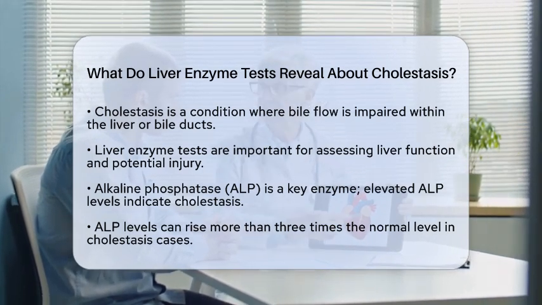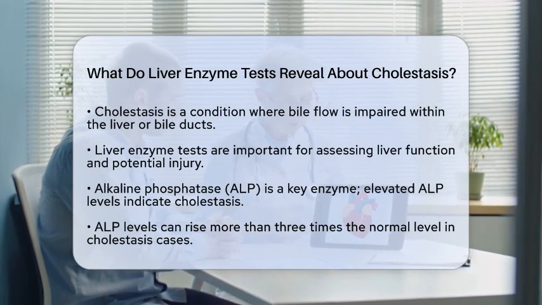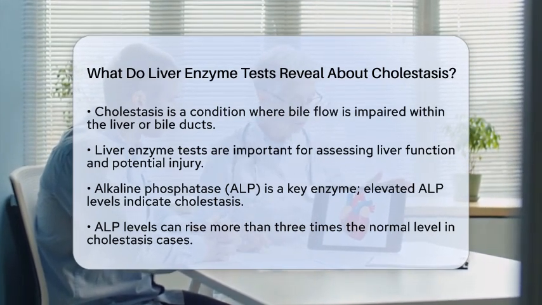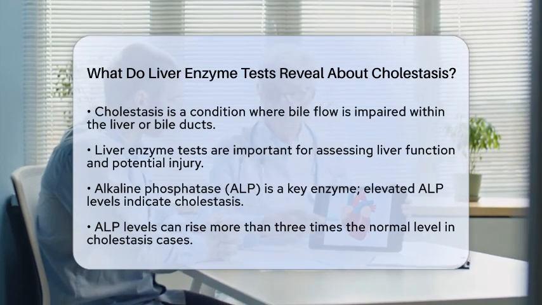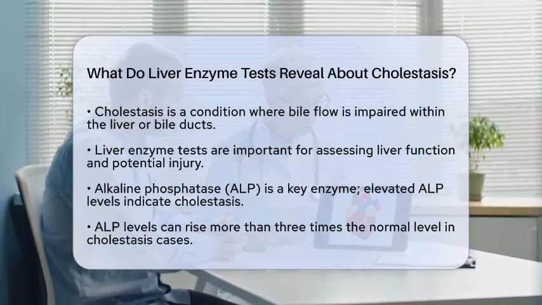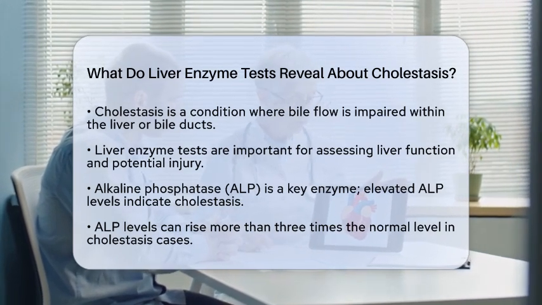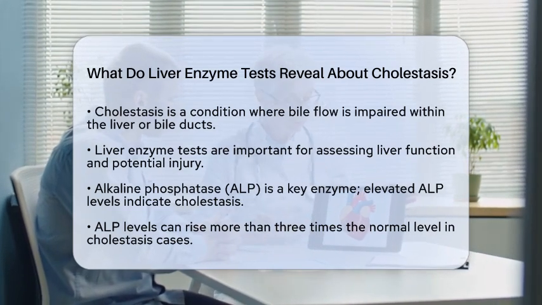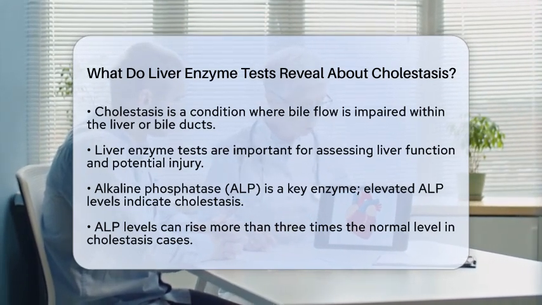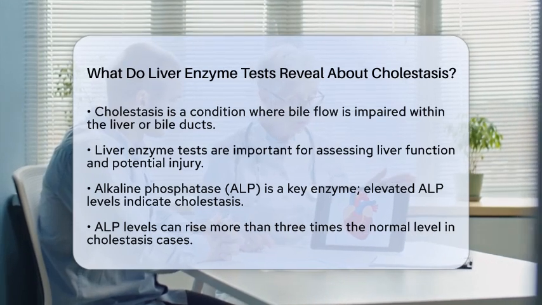They measure specific enzymes and substances in the blood that indicate liver function and potential injury. One of the key enzymes tested is alkaline phosphatase, often abbreviated as ALP. In cases of cholestasis, ALP levels tend to rise significantly, often more than 3 times the normal level. This increase suggests that there is an obstruction or impairment in bile flow, making it a primary marker for cholestatic